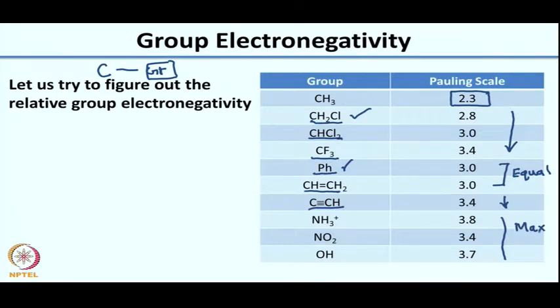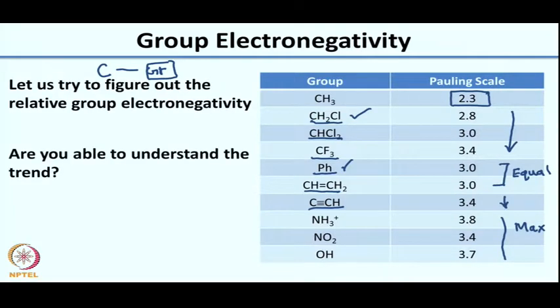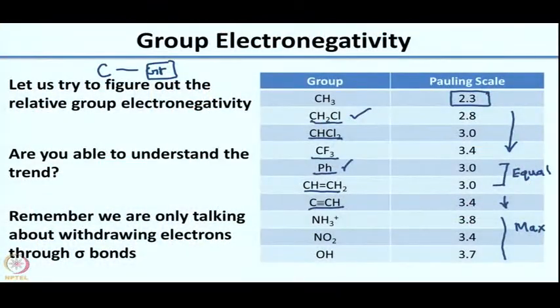Now why is this so? What I would like you to do is look carefully at these trends and try to understand it yourself before I explain it to you, because that would be more effective for you. I would like you to see and understand the trends that are given here. And the hint I am trying to give you is that, remember, we are only talking about withdrawing electrons through sigma bonds. So now to understand these trends,